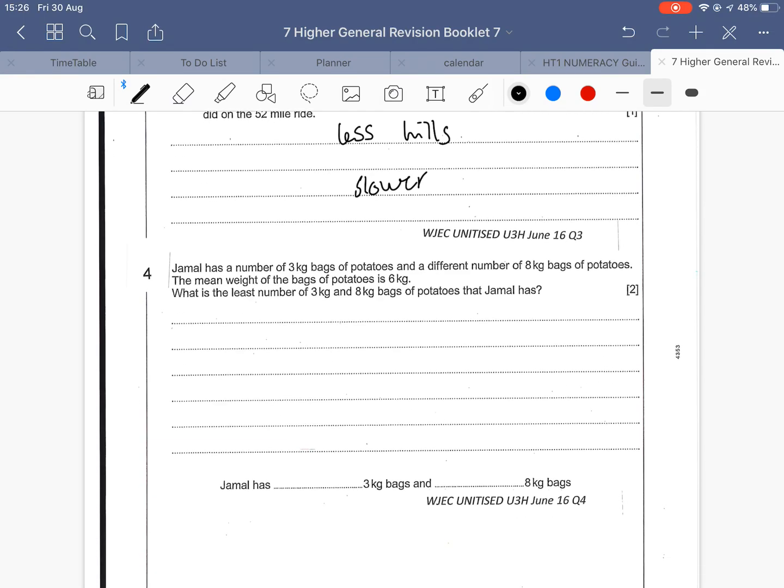Next one. Jamal has a number of 3 kilogram bags of potatoes and a different number of 8 kilogram bags of potatoes. The mean weight of the bag of potatoes is 6 kilograms. What's the least number of 3 kilogram bags and 8 kilogram bags of potato? I would do this in maybe like a trial and error, because it's only 2 marks. You could try and do it algebraically, but I think just a trial and improvement one. So the mean weight of the bags is 6, so that means they've got to add up to a